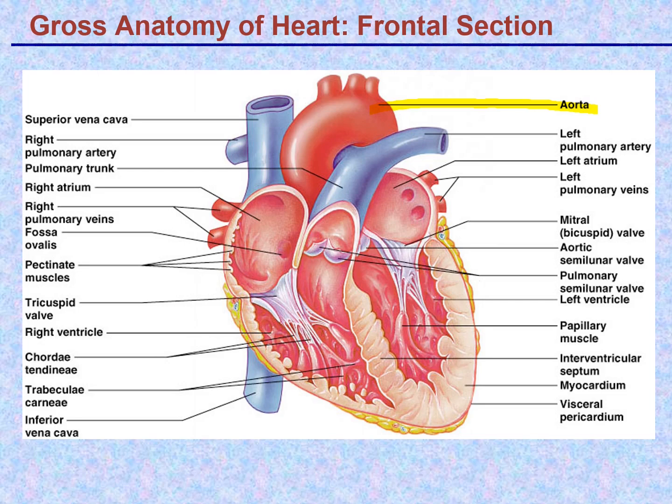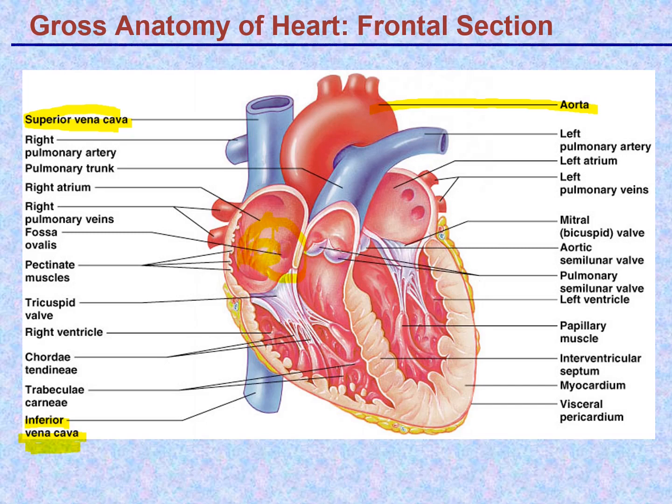The blood comes back into the heart through the inferior vena cava and the superior vena cava. There's one more place that delivers blood back to the heart, and I'll show it to you in a little while. But the inferior vena cava and the superior vena cava drain the lower and upper parts of the body